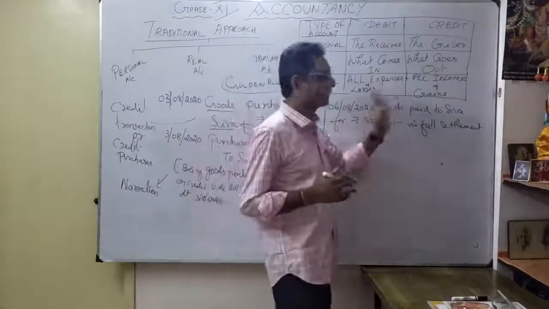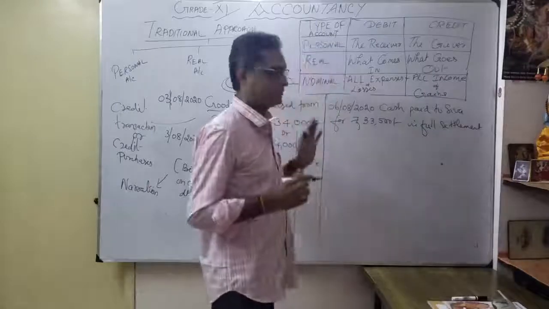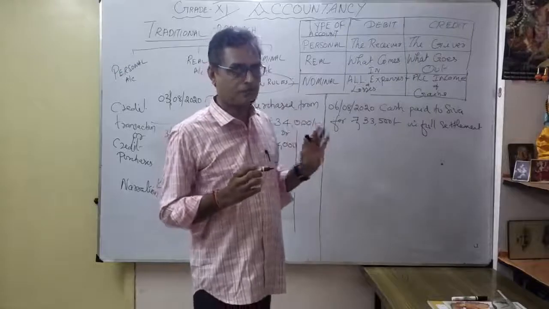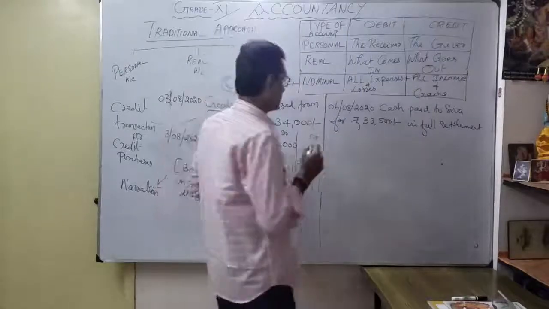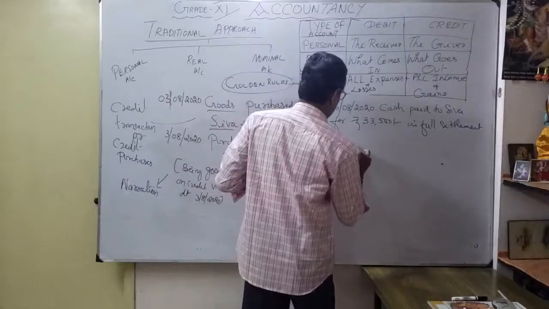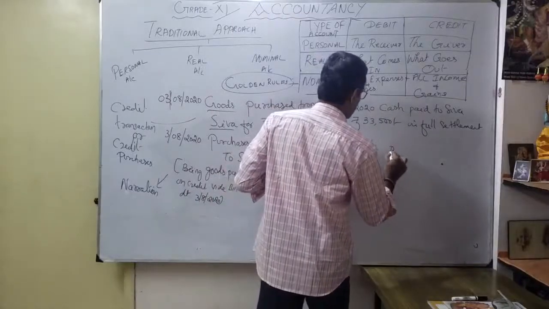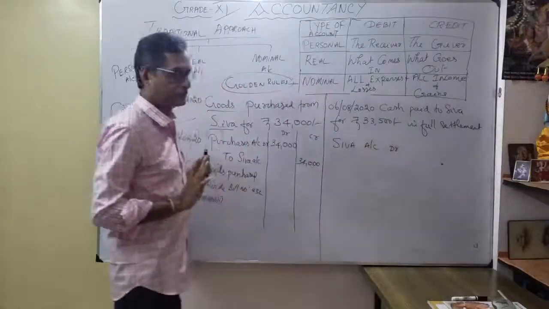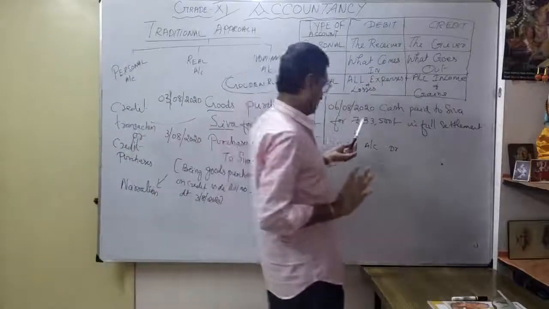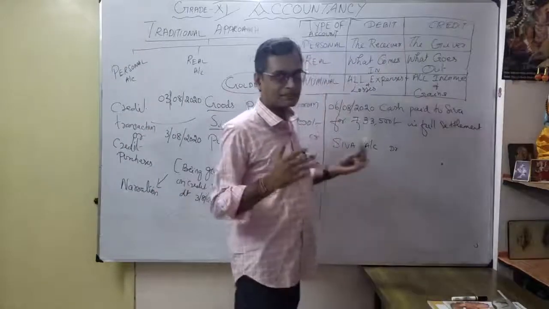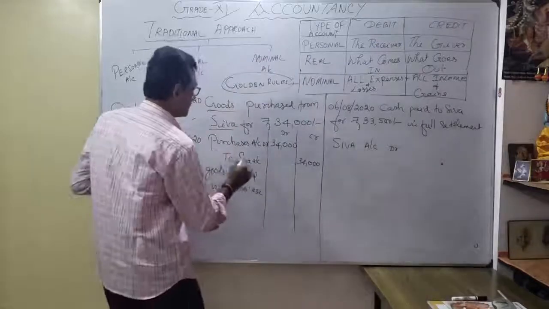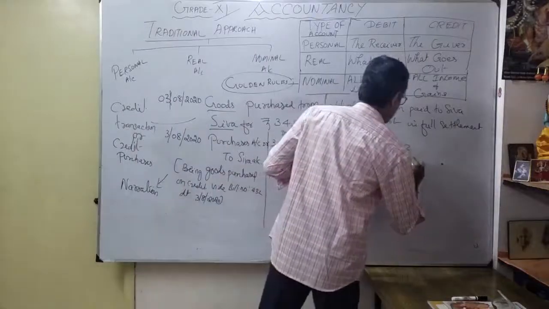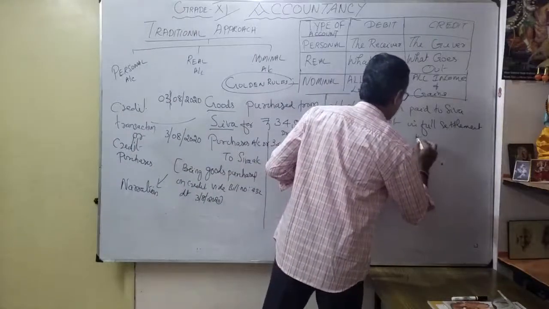As you know, cash paid. So I will write first: who paid to whom? Shiva. Shiva is a personal account, and as a personal account he is the receiver, so I am going to write it here. Shiva account debtor. Now I am not going to write the amount, just to see what will happen. Actually how much do you have to put here? 33,500? Let's see. As a Shiva account, how much did I credit? 34,000. So I am going to debit 34,000.